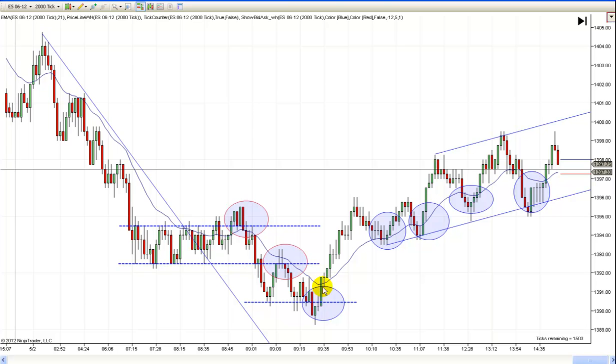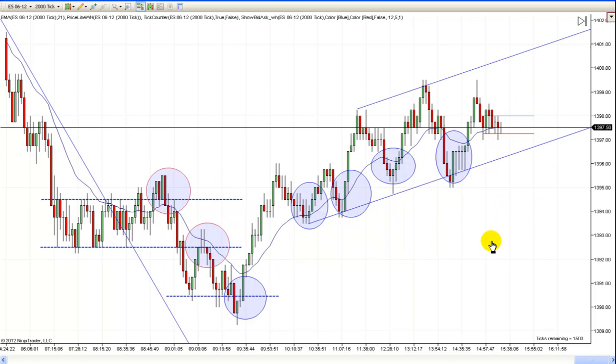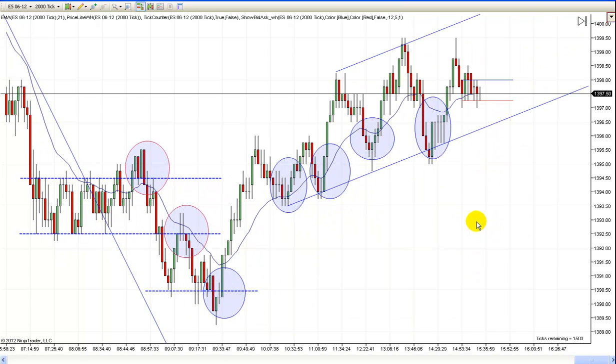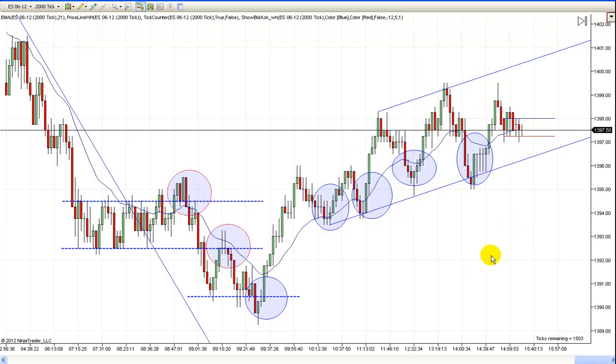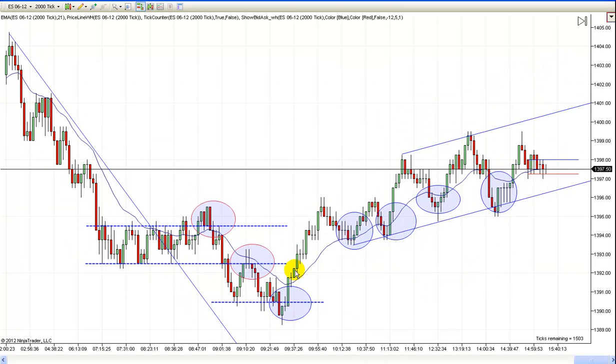And if you caught that, you could have actually ridden this all the way up today, kind of very similar to yesterday. It's not as tight. This is another spike. See that spike up, and then we went into this channel right here. And again, this is very similar to yesterday. It's just not as powerful as the one we had yesterday. You can see this channel is much bigger and much what I'd call a more normal type channel. And this spike is not nearly as strong either, but all the same, that's what this is, a spiking channel